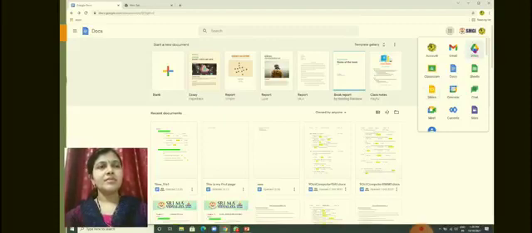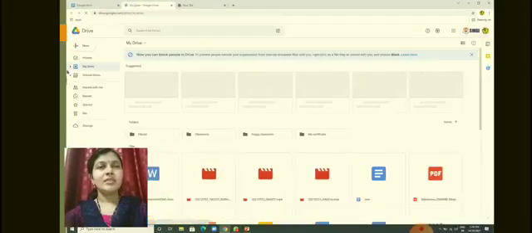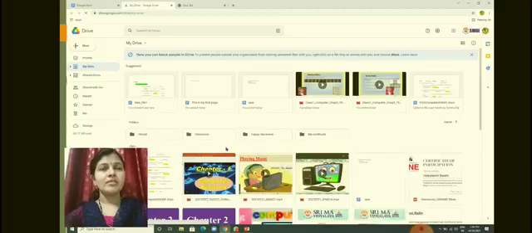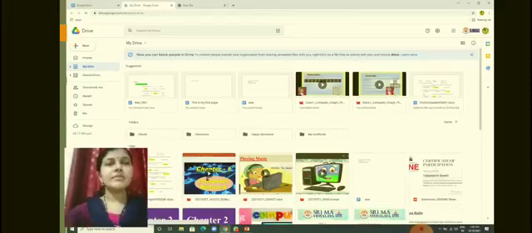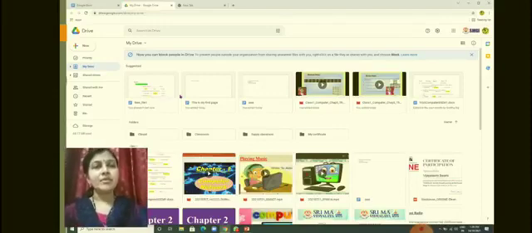This is the drive symbol. When you click on the drive, you can see the list of files, videos, documents. Above are the recent files which I have opened, and these are the folders which I have created.